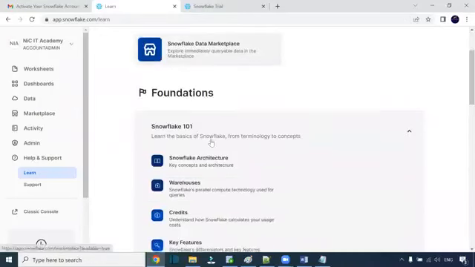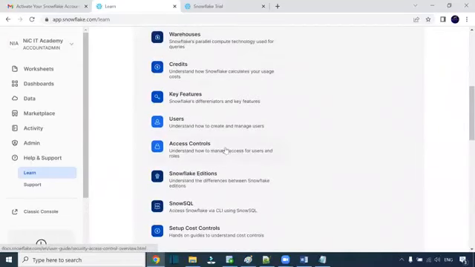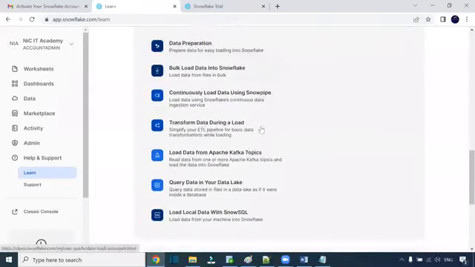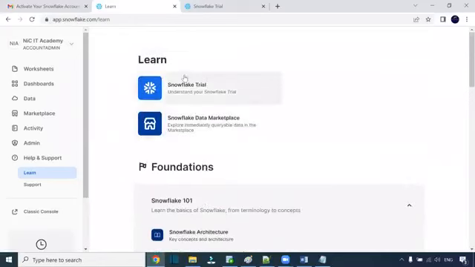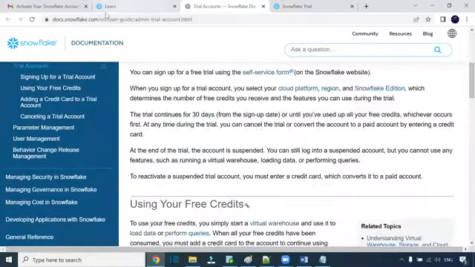And this is the dashboard you will be able to see here. You can create a warehouse, you can create user access, and SQLs. We have a lot of things. If you want to learn something, we have some videos also. You can start learning. So you can use that trial account. And if you go to the email, you should have received a